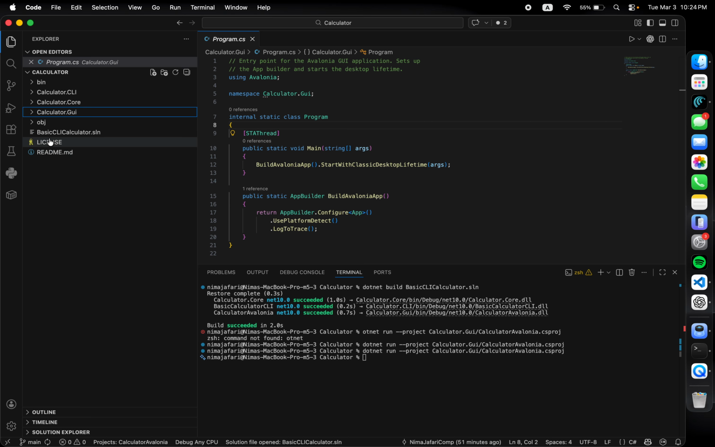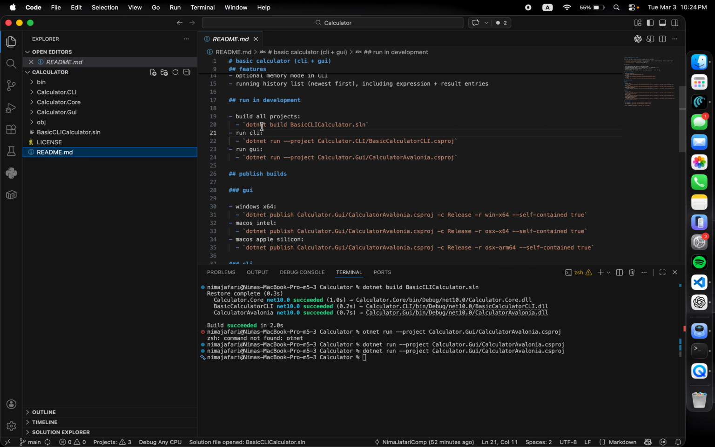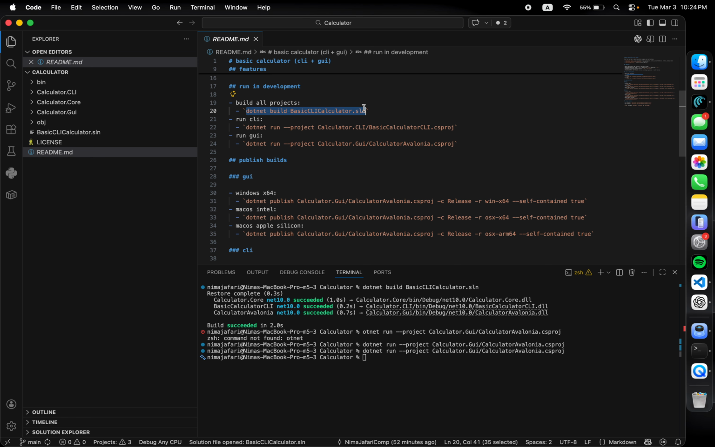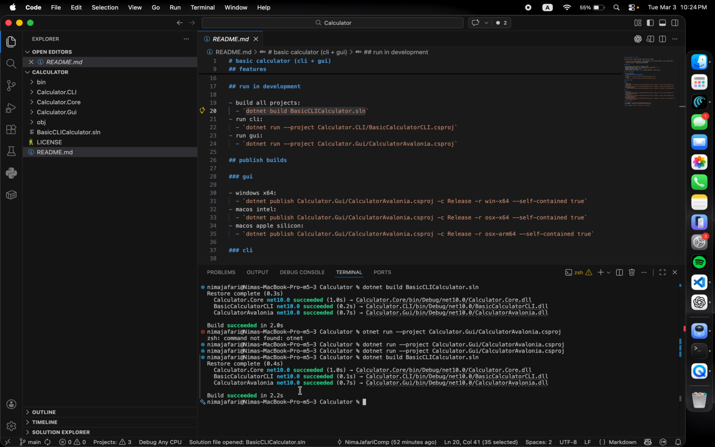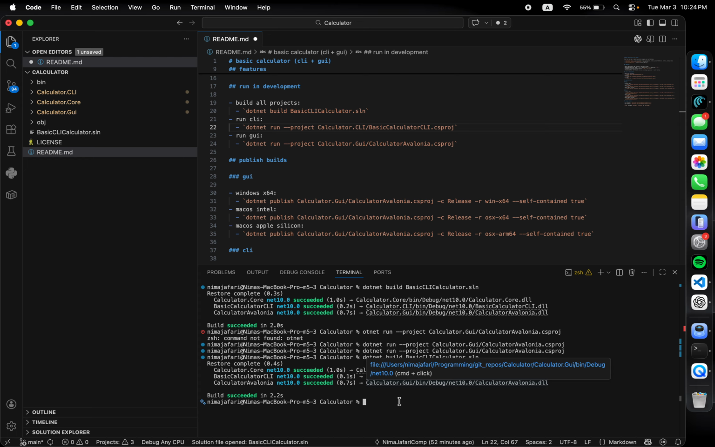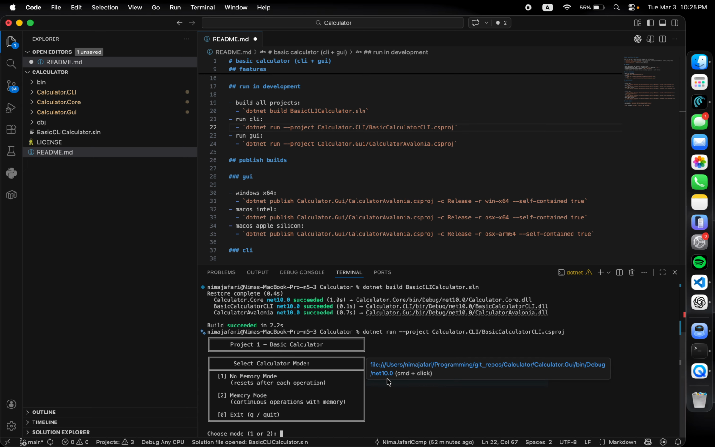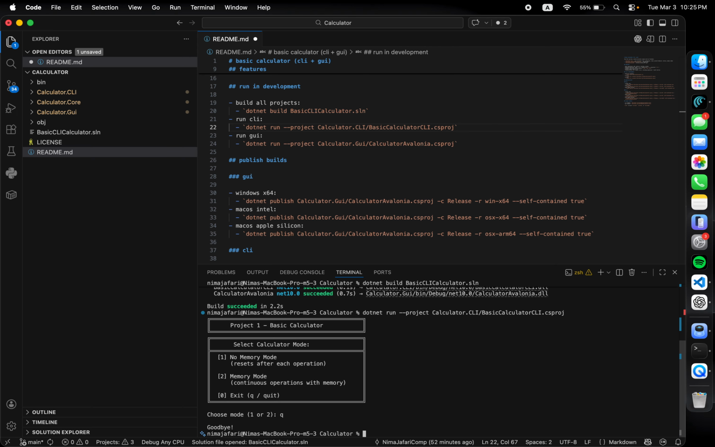So the only thing left is to actually run this, and I have included all the necessary steps. You do a .NET build, but I've already built it, so it's just going to build the Avalonia project. And then you can run the CLI, which is part 1 of the project that I completed a couple weeks ago. You can run it here and work with it in the CLI in the terminal. But if you want to run the GUI, you run the Calculator Avalonia, and